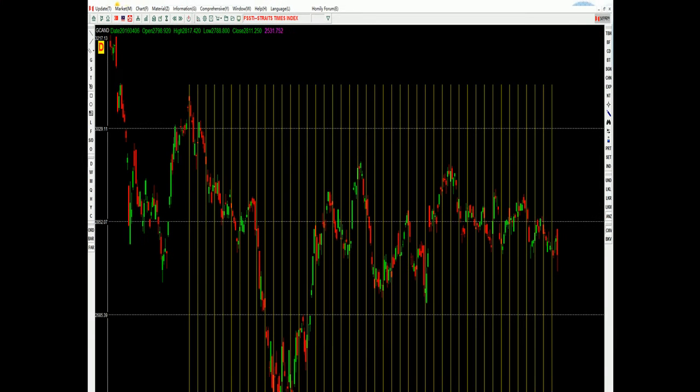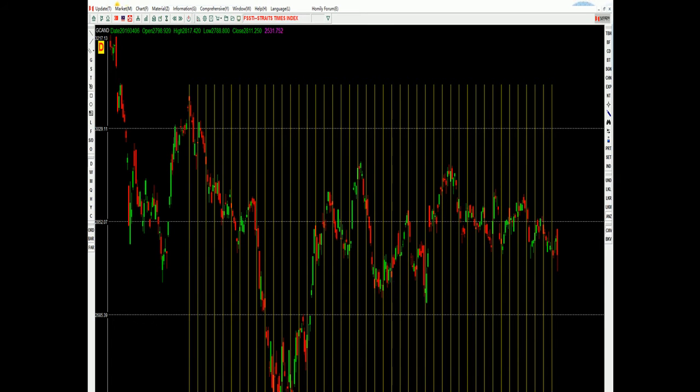So let's see this one. This one is for space prediction. You can find the low point or high point, then you count 7 candlesticks, because 7 is a key number. So 1, 2, 3, 4, 5, 6, 7. If you see the price touch the line, you should know this is the turning point. This is the space prediction.